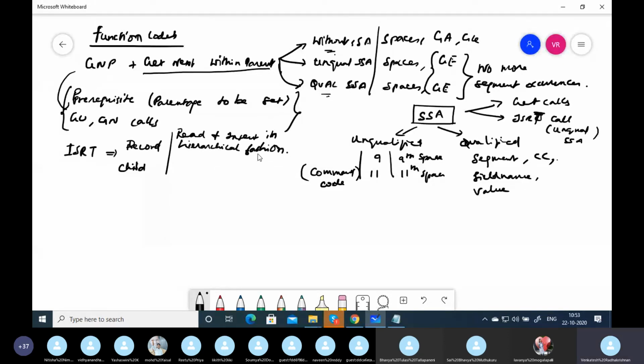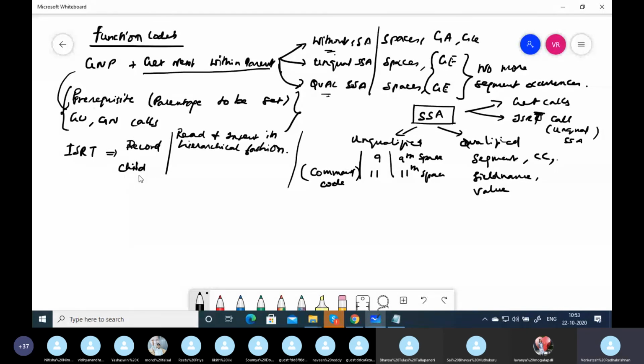If we change the hierarchy, it is going to fail, with an out of sequence error or parent missing, etc. If you are going to insert a child, you have to insert the parent first and then insert the child. You cannot insert a child without inserting a parent. So it should be inserted in a hierarchical fashion, otherwise it will give either an out of sequence or duplicate record error, etc.